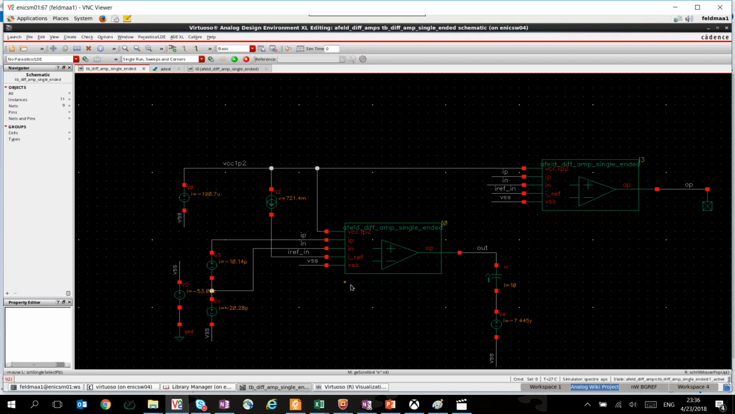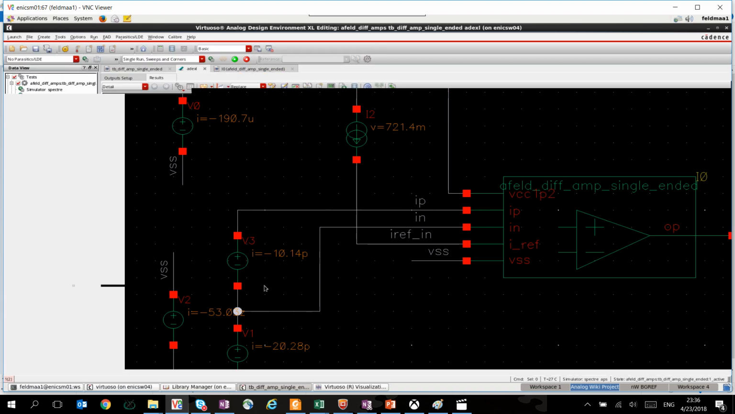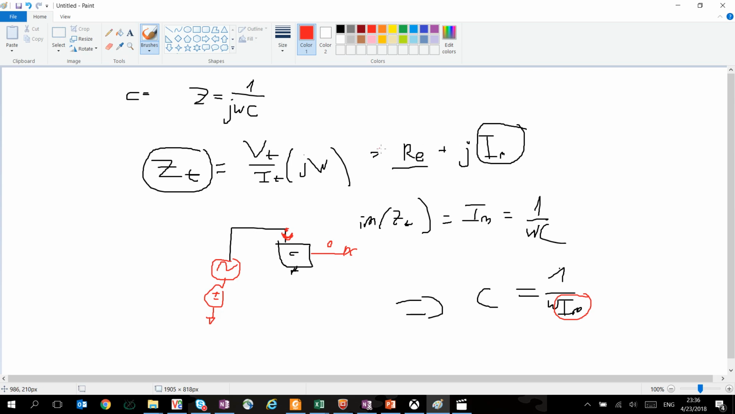So let's do that in our circuit here. I'm going to basically use my GM test, and I'm going to be measuring the current going into IP. So if we look here, I want to also remember that I want to take the imaginary part of that current, and I'm going to divide 1 over that. Just go back to the equation. So we're going to be looking at 1 over omega times the imaginary. So that would be the imaginary is just this. So I'm going to have to measure